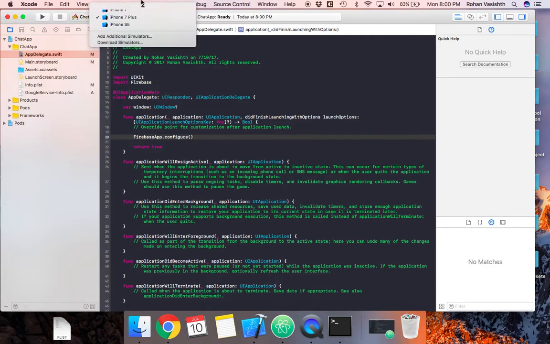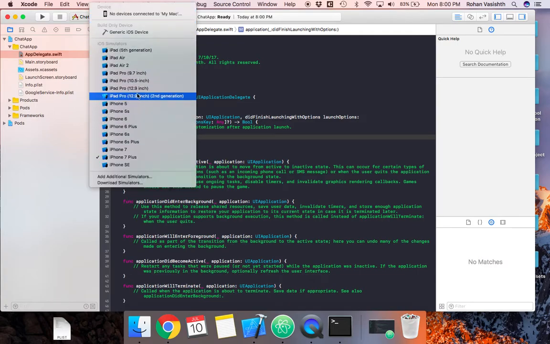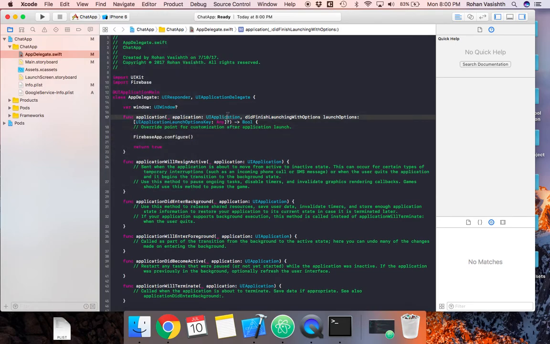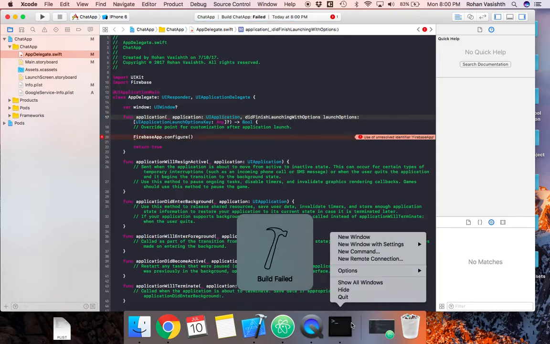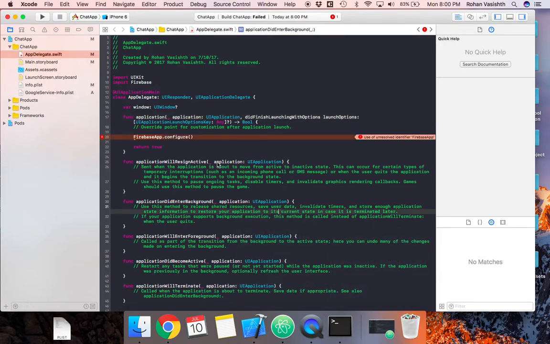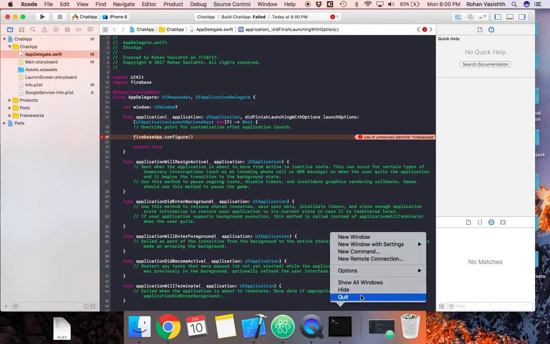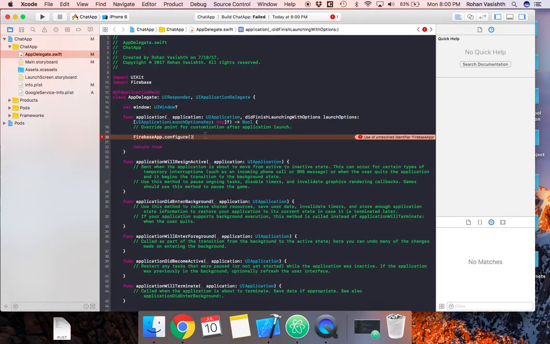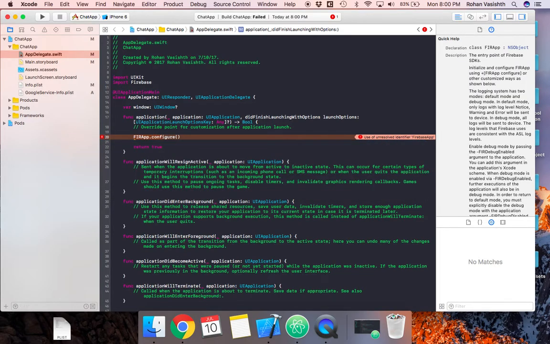So now we're just going to run it to make sure everything's working fine. I would suggest running it on an iPhone 6. Let's just make sure everything's working fine. No crashing or anything. And we can just, oh, okay, so Firebase app, interesting. So we're going to click terminal here, and we're going to try something else. We're going to do FIRApp dot. Okay, so